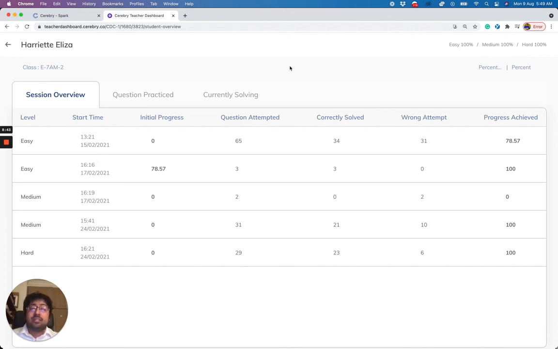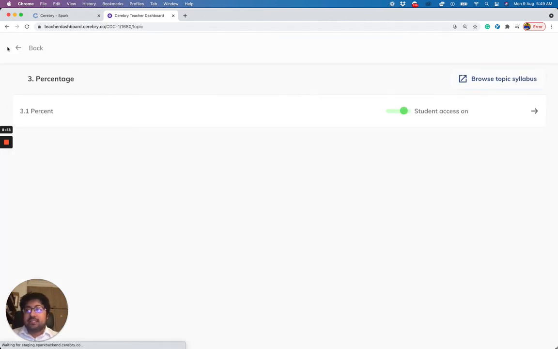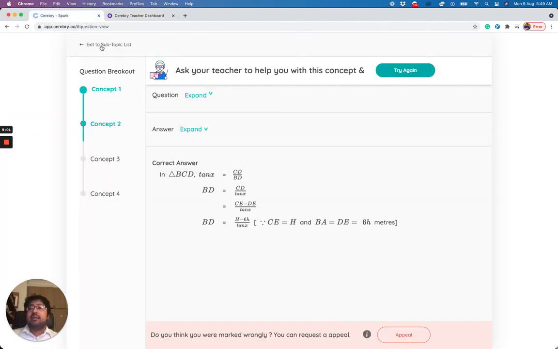Without Cerebri, this student would have carried these misconceptions into the next classes, because a textbook or a static workbook would never provide enough practice, and then eventually they would have lost their interest in the subject. Similarly, for assessments, Cerebri can generate completely different assessments for every student, and yet still have the same level of difficulty. And because we know what each question entails, based on the assessment, we can give students a personalized corrective practice module. This is impossible to do manually, because it would take a teacher time to check each and every assessment submission to be able to assign personalized homework.